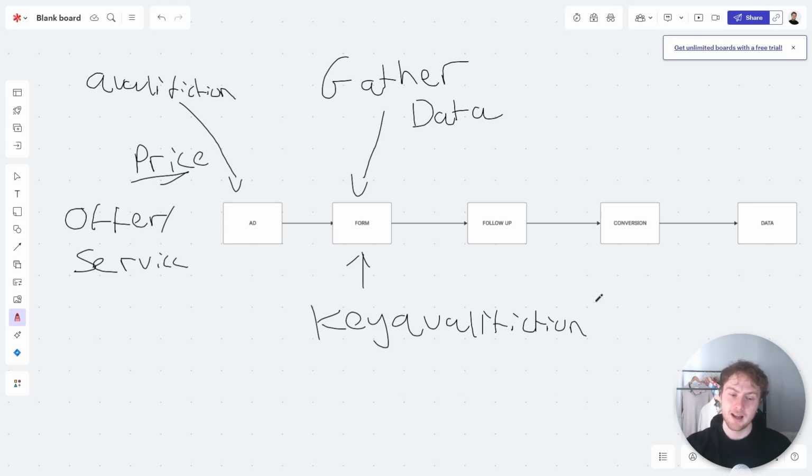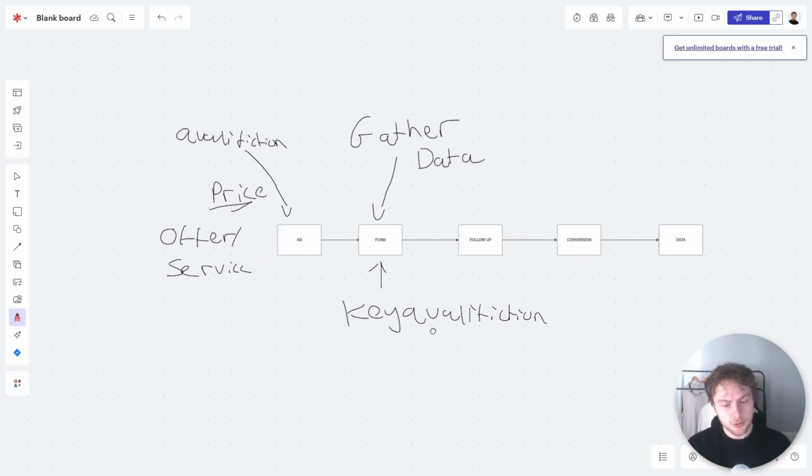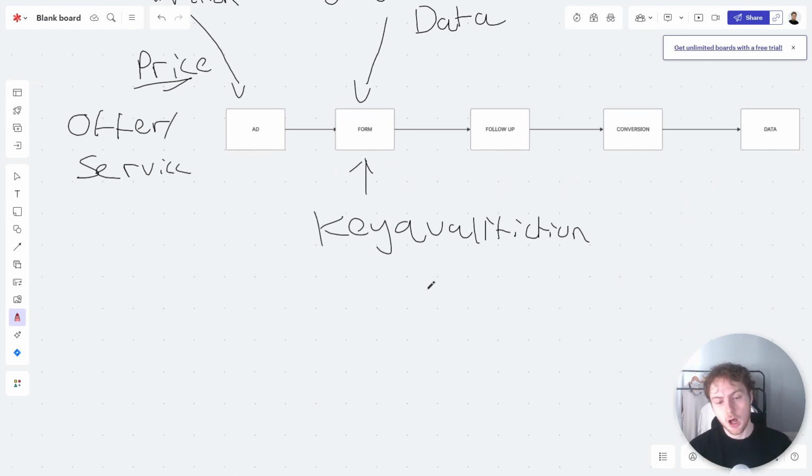So I always try to have just one conditional qualification point. Now, beyond that, we also want to try and gather extra information. So ask your conditional qualifying question first, then go to ask additional questions. Ask questions like how many bedrooms are in your house, how much are your current energy bills. So you want to have that first question as your key qualification point, and then have your follow-up questions as